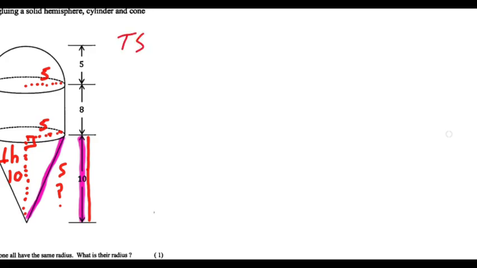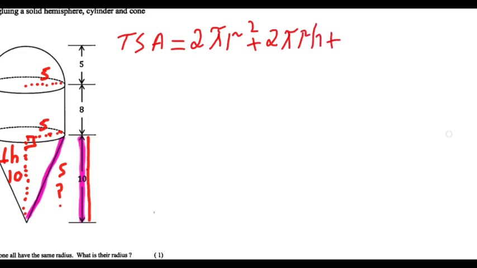Total surface area is equal to, now I can start from the bottom or you can start from the top, the hemisphere. So the lateral surface area for the hemisphere, the formula is 2πr². Remember I told you we can only use the lateral surface area. We're going to modify the formula. And for the cylinder, the lateral surface area is 2πrh, plus for the cone it is πrs,